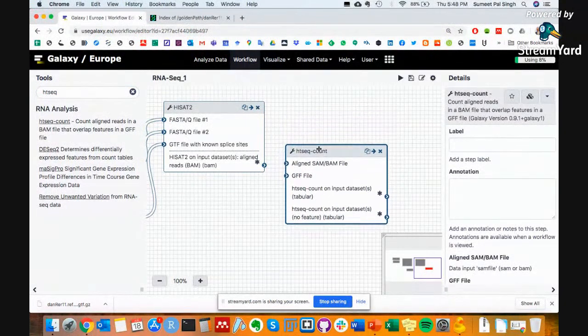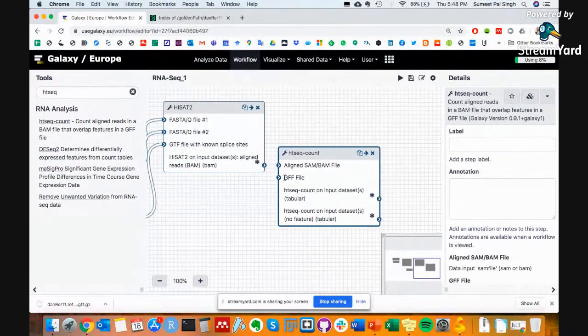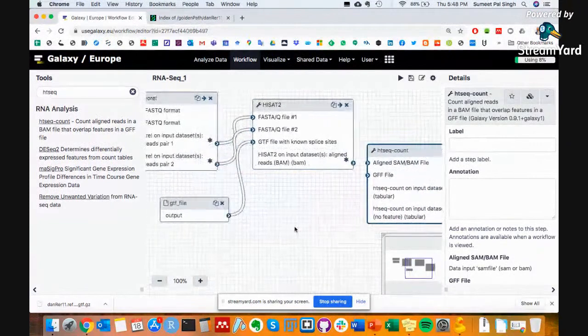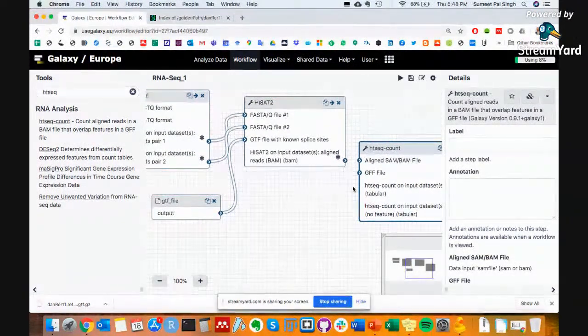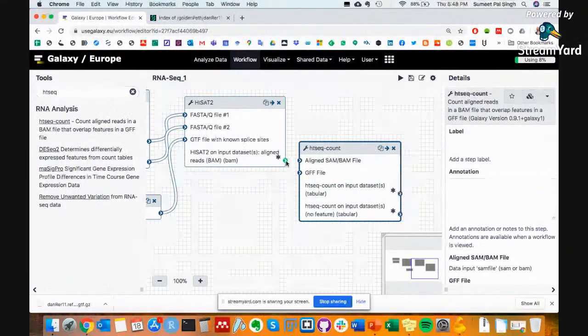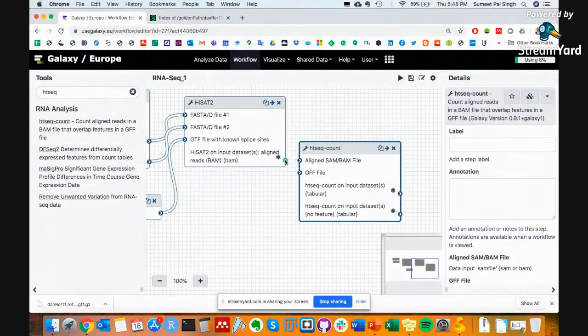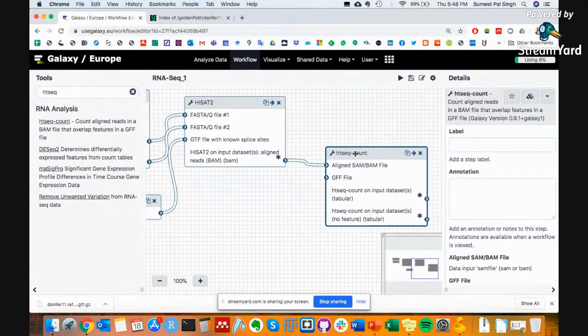So as always, the counting requires two files, a BAM file and a GTF file. For some reason, this tool calls it a GFF file, but it only accepts a GTF file. So this is something to be careful with because I have tried giving it a GFF file, which is another format for transcriptome data, but it actually fails. So I don't know why they don't call it that. And then you connect your output here and this input here,